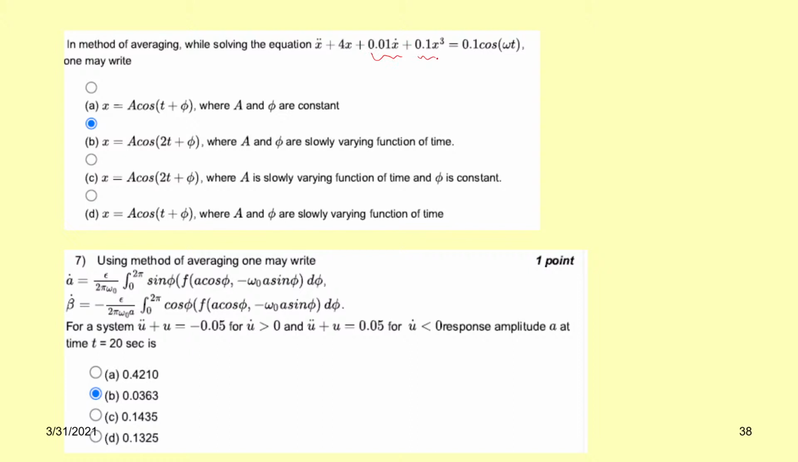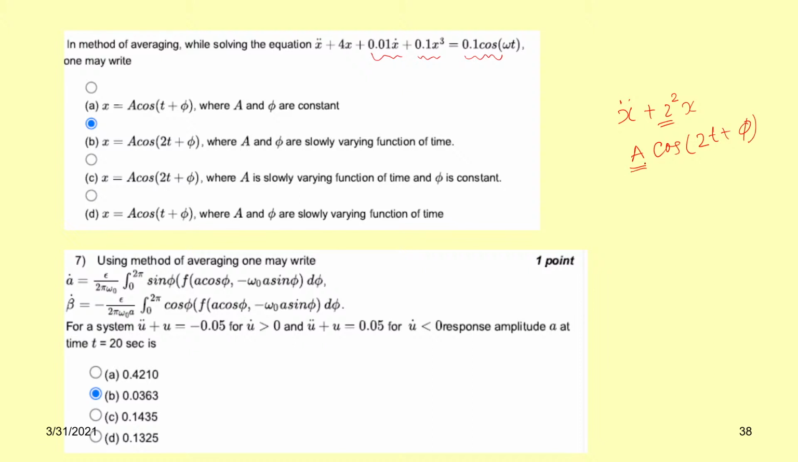you can put this term equal to 0 and take only the linear equation. The linear equation is x double dot plus 4x, and this 4 can be written as omega n square, so it is x double dot plus omega n square x. So the solution will be a sine or cosine, both you can write. So it will be a cos 2t plus phi,